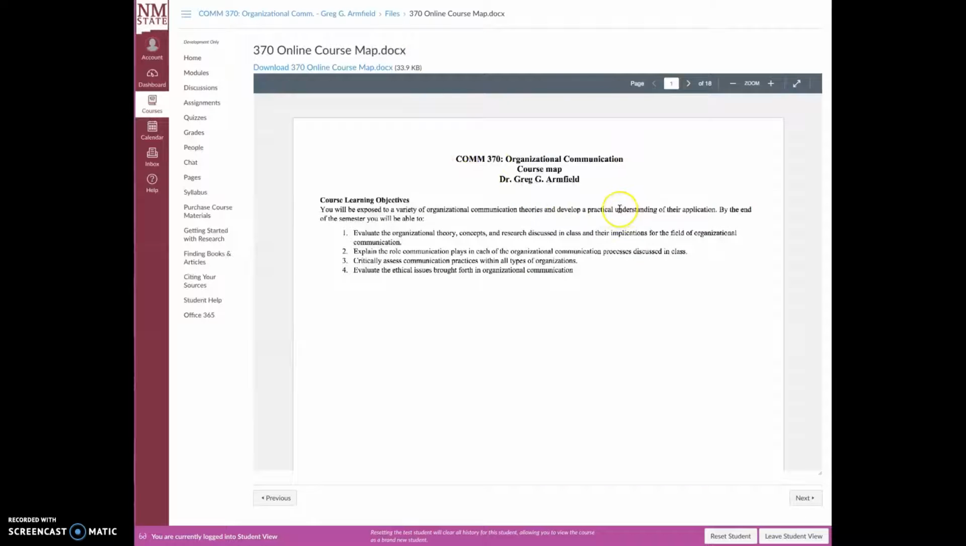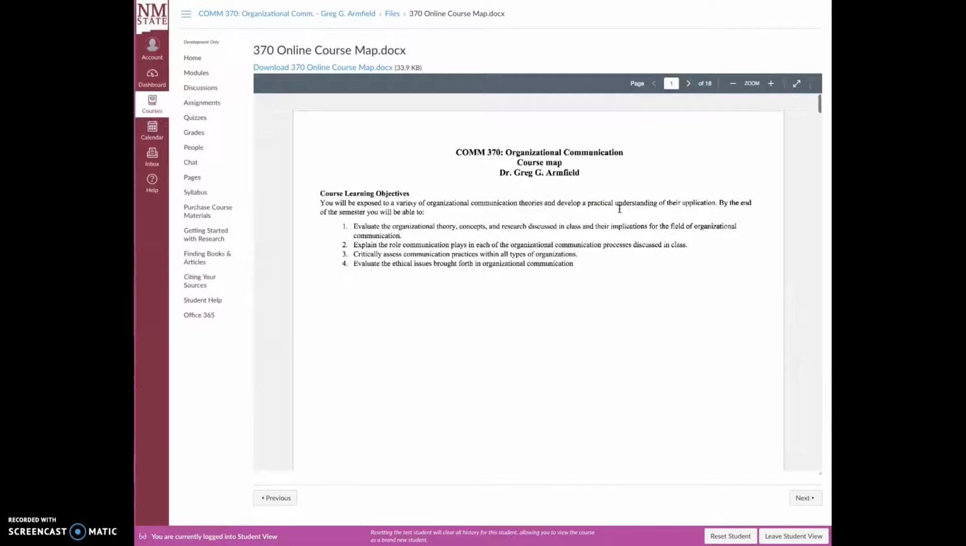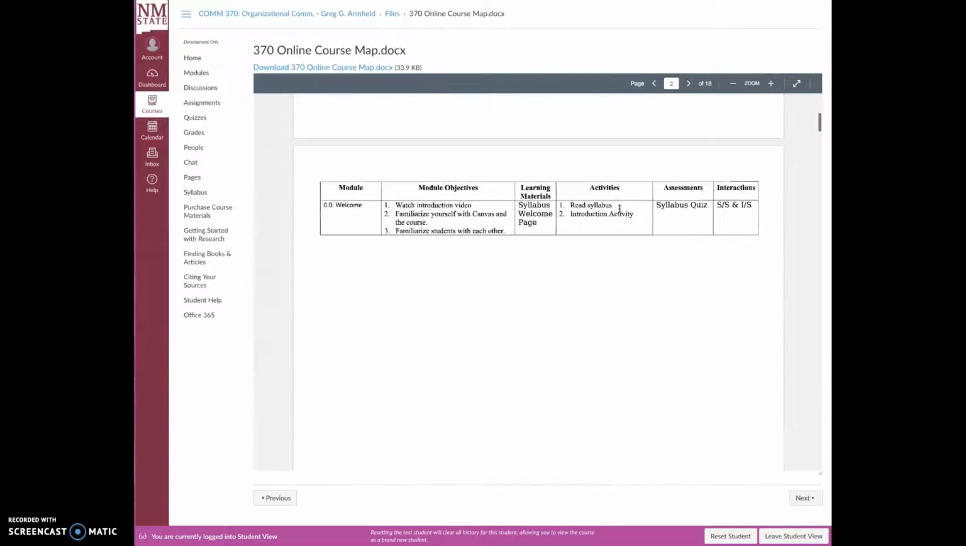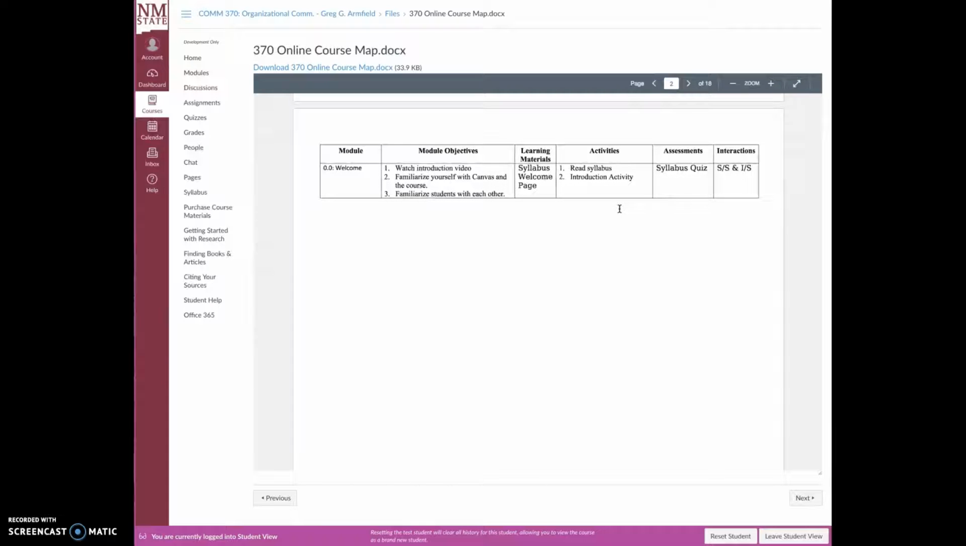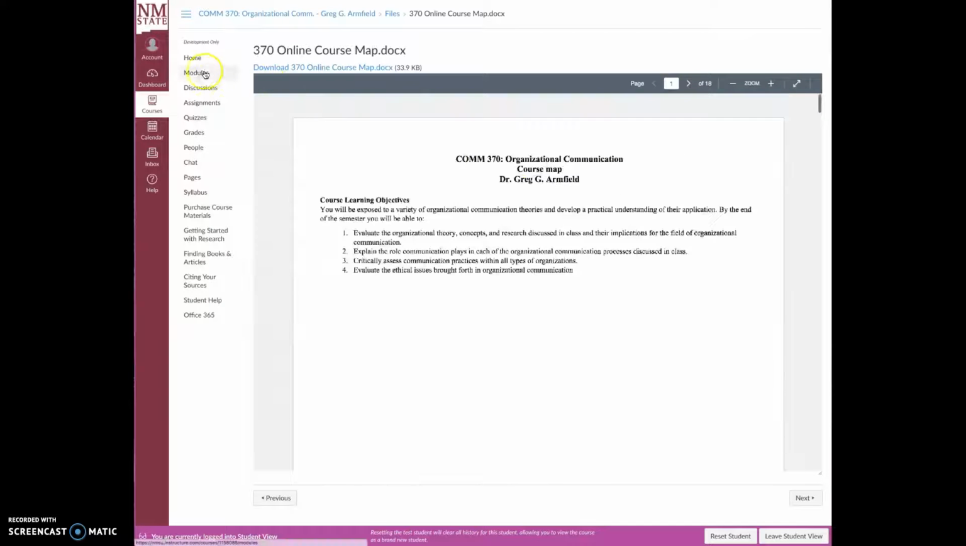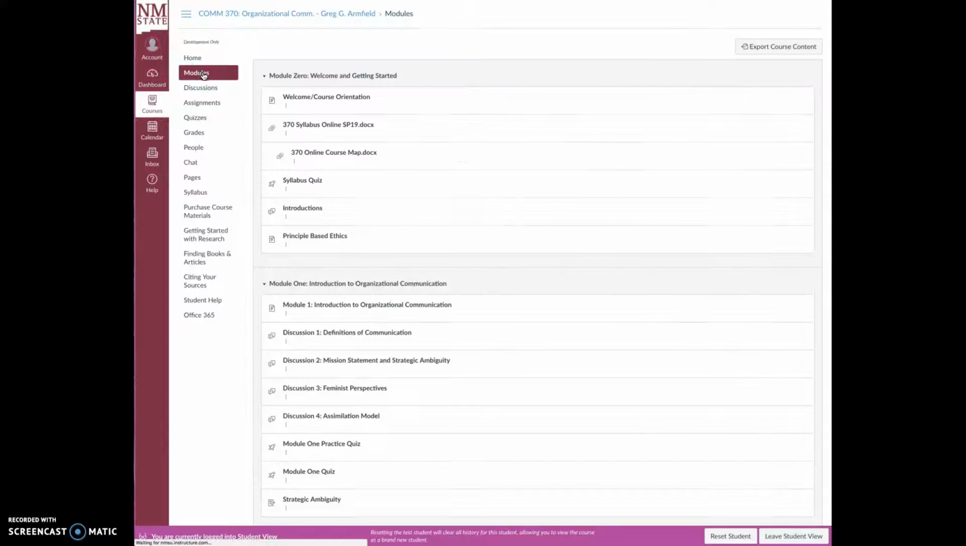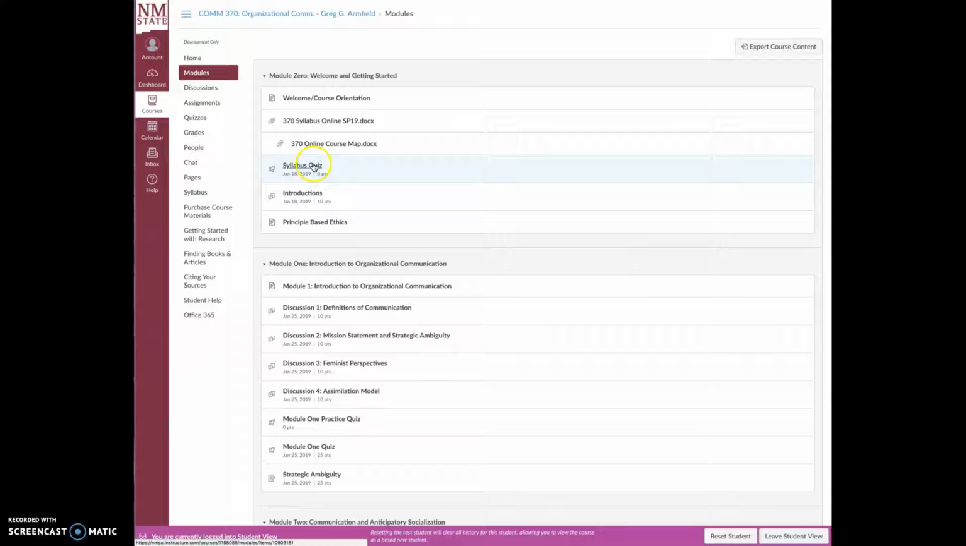This is the course map. This is a downloadable PDF. It will open up here, and it basically tells you what are the objectives of the course and what are the objectives and the activities for each one of the modules. So you can see the only activity here, and the assessment would be in a quiz, is the introduction activity. It'll be assessed also. Going back to modules, there's the link to your syllabus quiz,